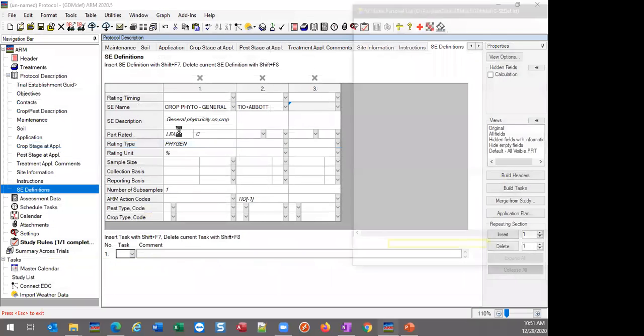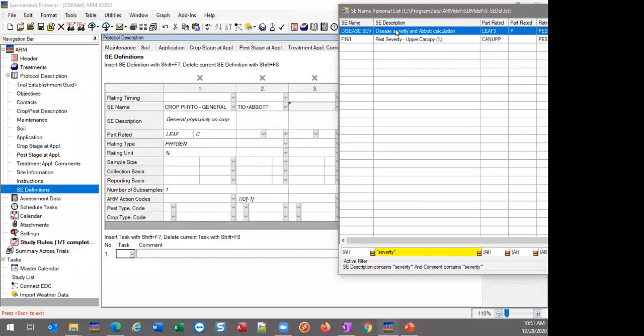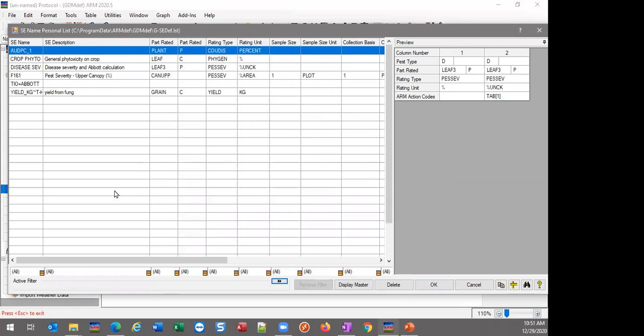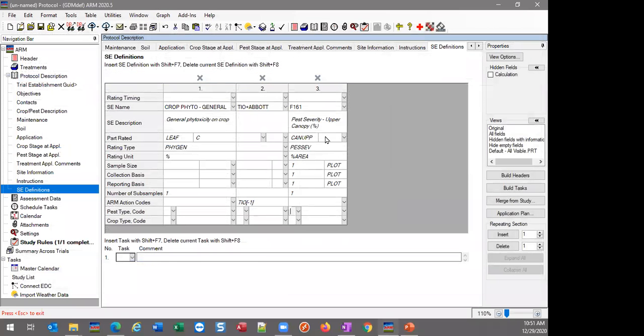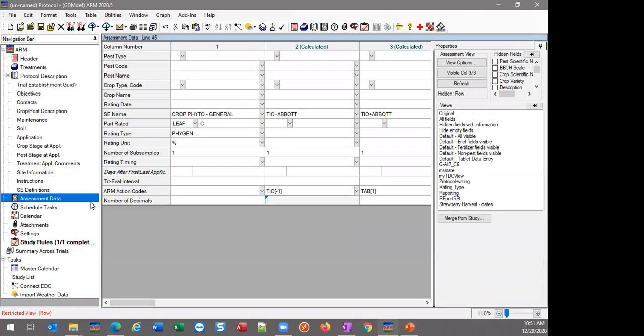So that way now when you're in your small personal list here, let me remove my filter. It's easy to load that one in. Feel free to use it in your study. Or if you want, if you like what they did, but maybe need to tweak it, you can always do that as well. So I would probably just load it in